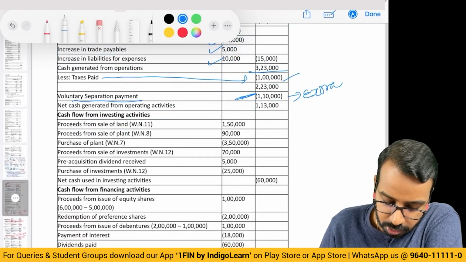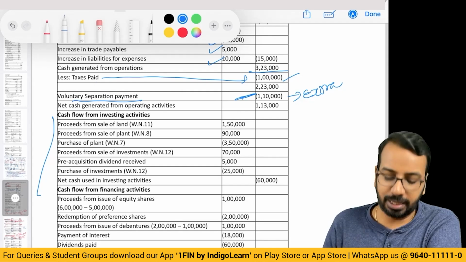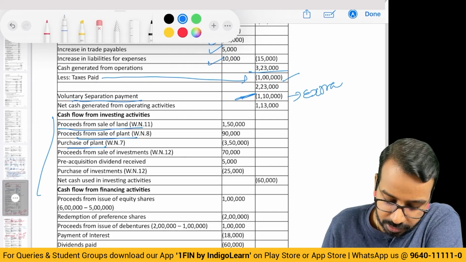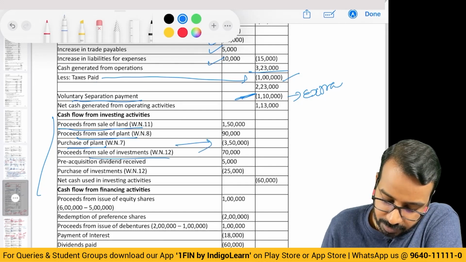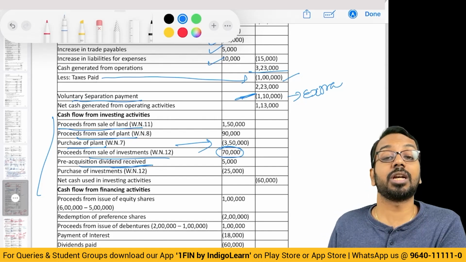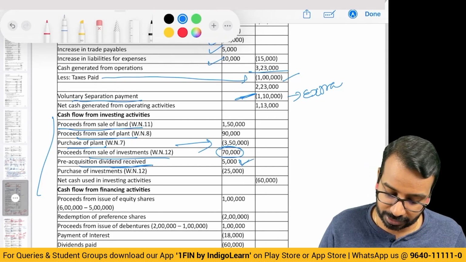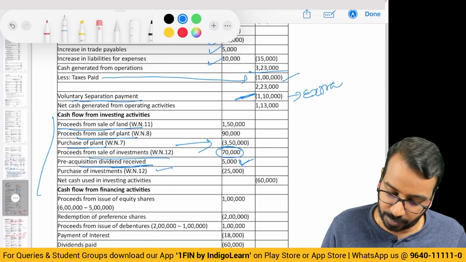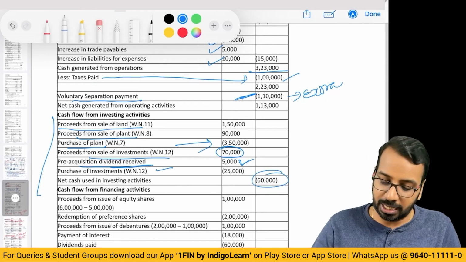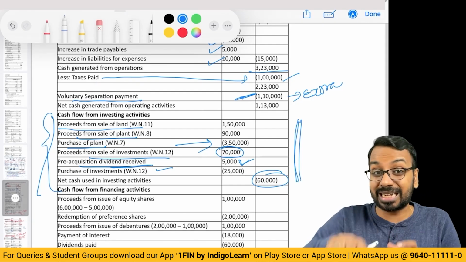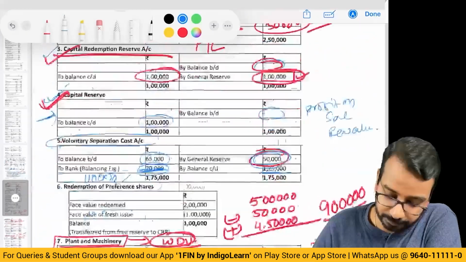Then, for investing activities, simply take whatever is the proceeds from sale of land, proceeds from sale of plant, purchase of plant, sale of investment 70,000 given in the question, dividend received. See, pre-acquisition dividend received, whatever amount you have received, that is also your cash flow, so 5,000. Then purchase of investment, net cash used in investing activity. Now the key part here is understanding the working notes for each one of them because it is slightly complicated. First,